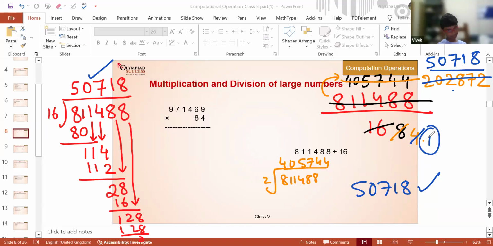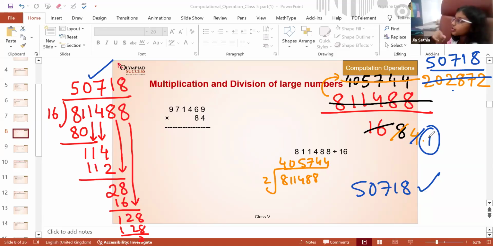Okay. Thank you. Jia, I did not understand it. Which part? The fraction. You are just dividing it with the common factors, Jia. Instead of directly dividing it by 16, I know that 811,488 is an even number and 16 is also an even number. That means both of them are divisible by 2. Therefore, I divided it by 2 first. Then I again got an even number, so I again divided it with a 2. So it's like that. You have to continue till you get the denominator as 1.